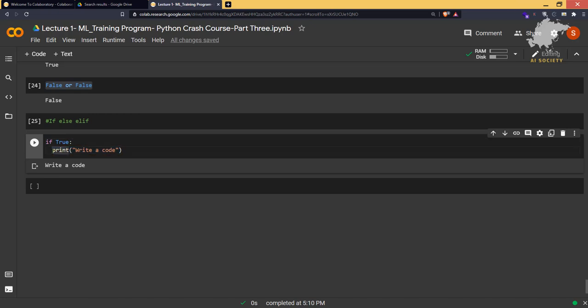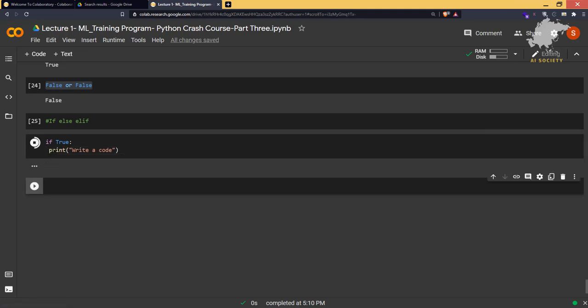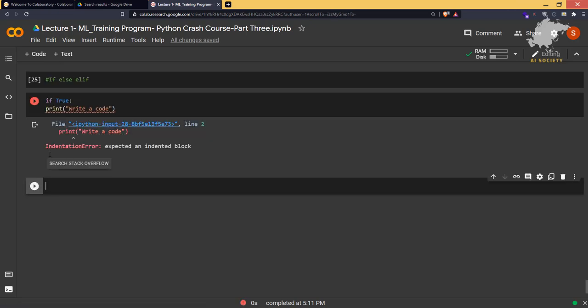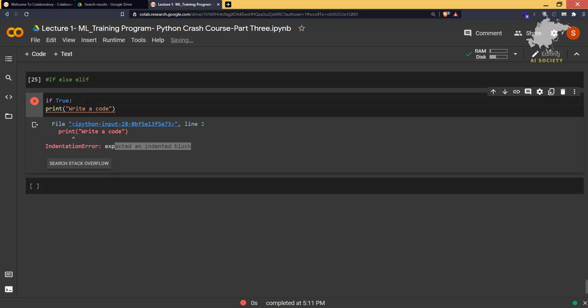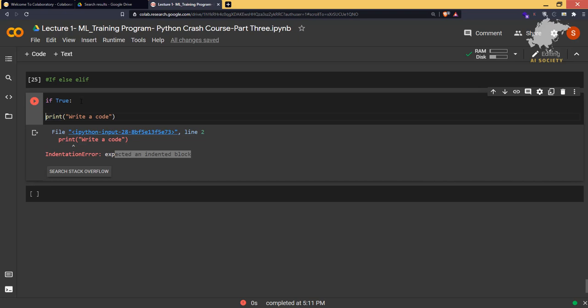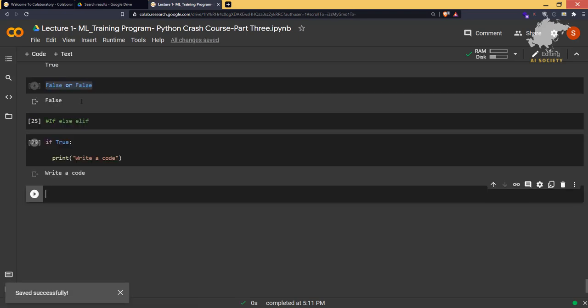If even one space is less here, then it will give us an error. Since we are using Jupyter Notebook, it is quite good at catching this. See, when I have removed the space, it says expected an indented block, because after this it is expecting an indented block. So remember that whenever you want to create a scope, Python doesn't use any kind of bracket, it always uses indentation. Okay, so that is how it works.